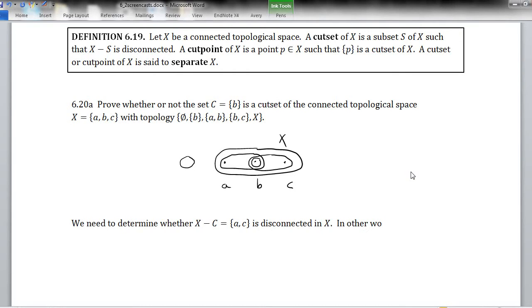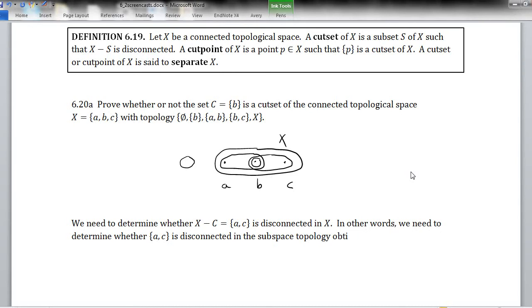In other words, disconnected in X means disconnected in the subspace topology that it inherits from X. So we need to determine whether this subset AC is disconnected in the subspace topology